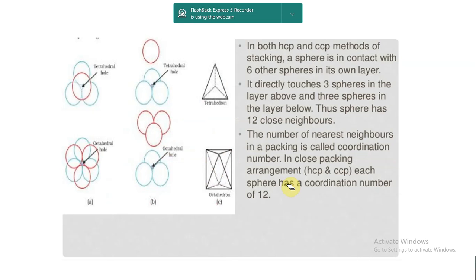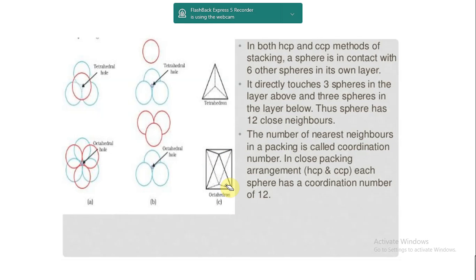Okay, so coordination number we talked about. Let us again see. This is the shape of a tetrahedron, and this is the shape of an octahedron. This was the apex of the triangle, and this is the bottom of the triangle. So it is in the shape of an octahedron. It has 8 faces: 1, 2, 3, 4, 5, again that back face 6, 7, and that back face 8. So it has 8 faces.